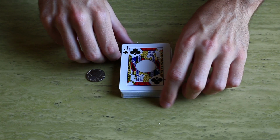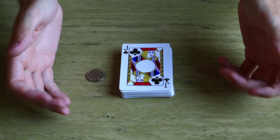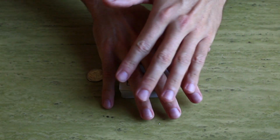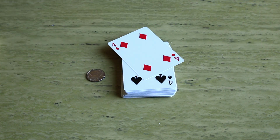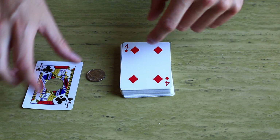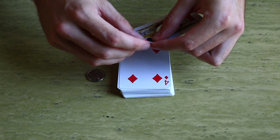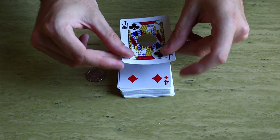So what I might recommend doing from here is taking the 2 corners furthest from you and bending them a little bit, because it's your right hand, or your left hand, whatever. It's your right hand that's going to come over and pick the card up in a palm to hide it away. So, just because that 4 of diamonds is a perfect example, that 4 of diamonds came with me as I tried to pick up the card. So, to be able to pick it up easier, might want to just bend the corners a little bit, just so it naturally has this